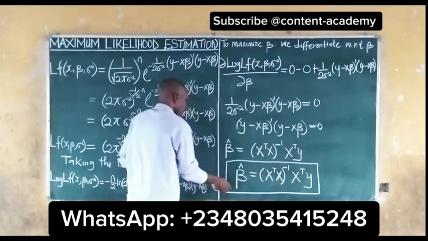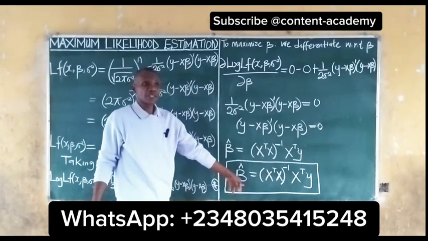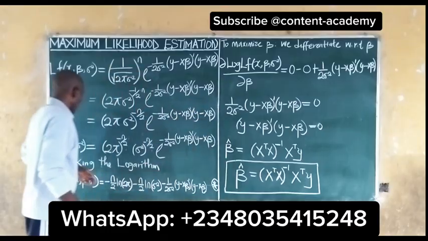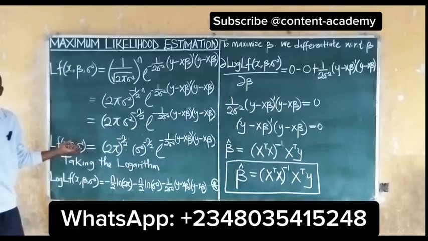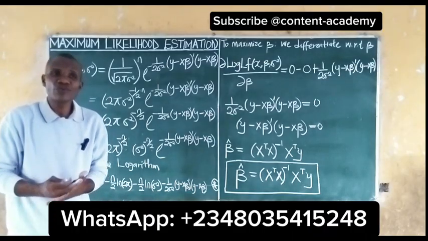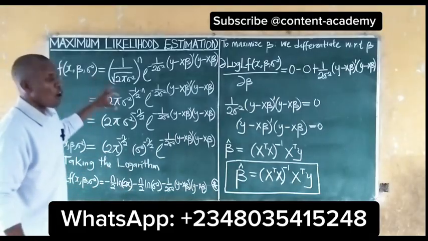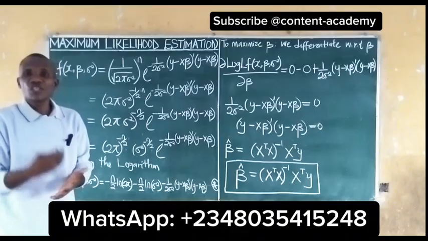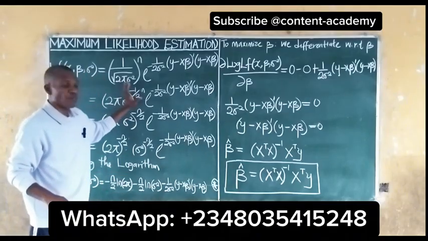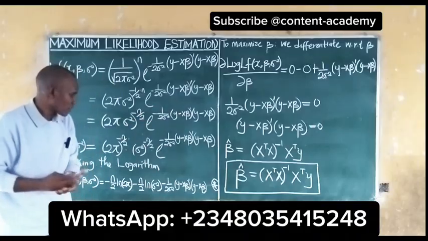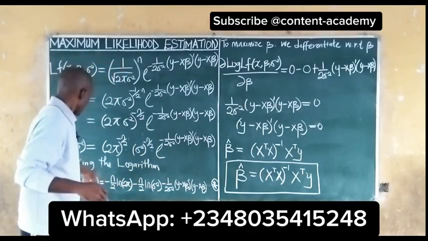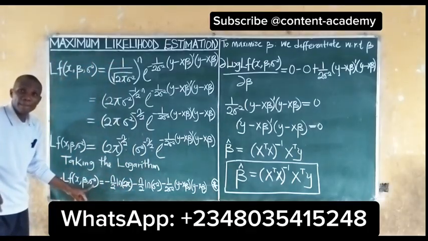We have succeeded in maximizing the beta estimate. The next thing to do is to also maximize that of the sigma squared. We are asked to find the maximum likelihood estimation for the regression normal equation, and that is what we are doing here. So we have to delete this part of the board to also obtain the sigma squared. That is